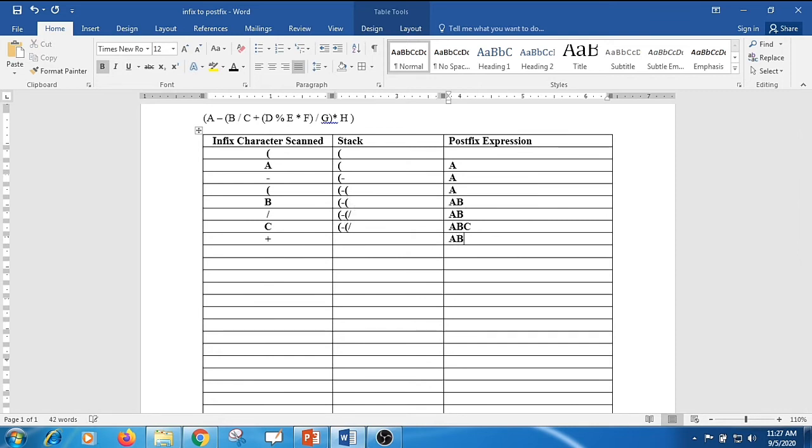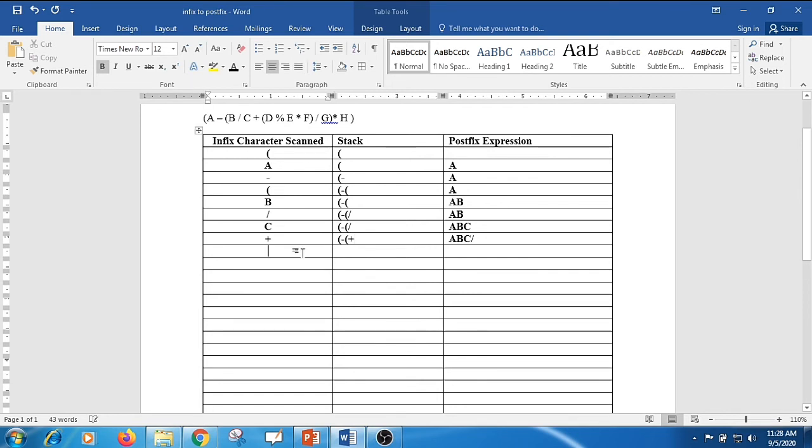That means A, B, C is there in the postfix expression. Now from the stack, until the opening bracket, you have only division. So that division I am going to pop over to the postfix expression. Instead of that division, I will write the plus, and push the plus operator to the stack.